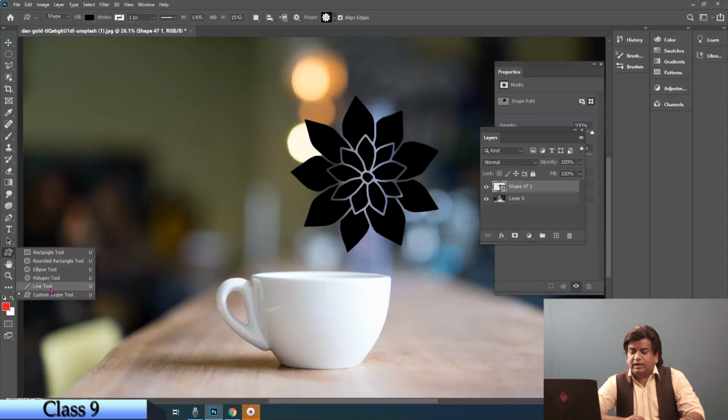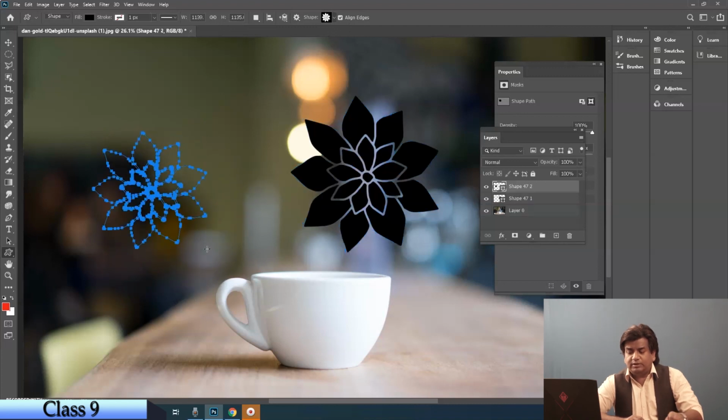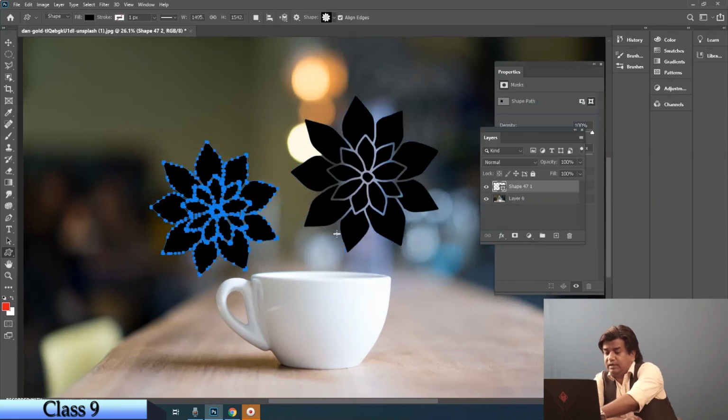Now once you're working with the custom shapes in your basic shapes, here you have the settings which say unconstrained, defined proportions, defined size, fixed size, from center. Unconstrained means you can squeeze and squash your shapes and create them. The second option is defined proportions, so whatever default proportion is there, 1:1 or 1:2 or 2:1, whatever it is, it is going to take that default in the computer.